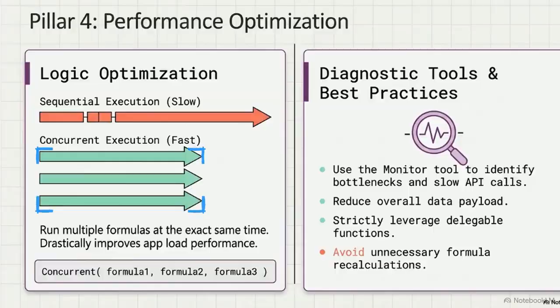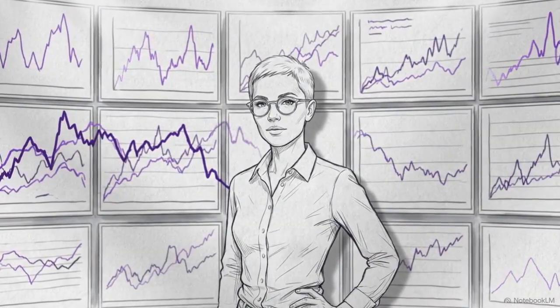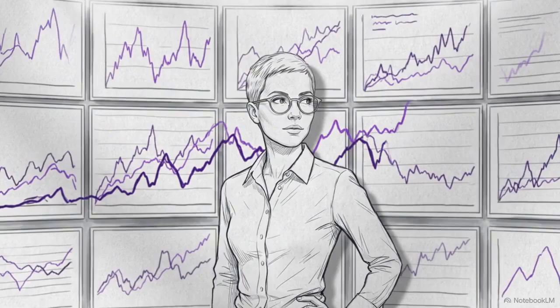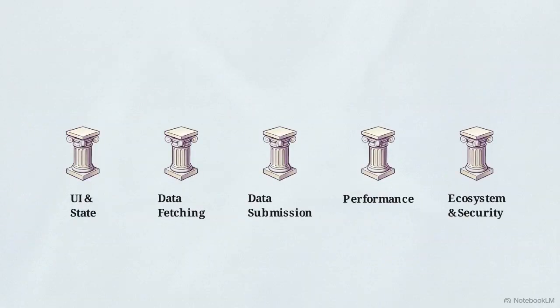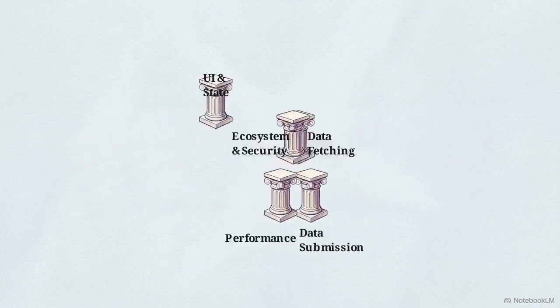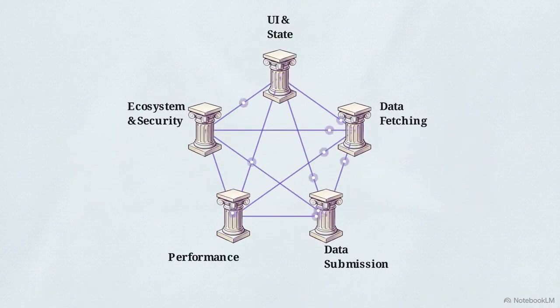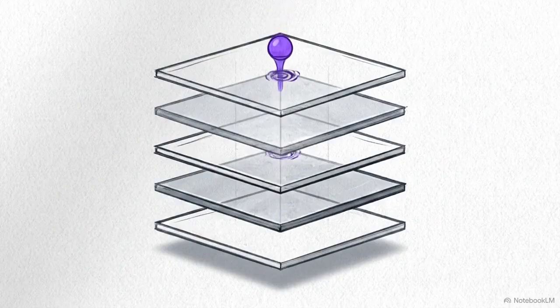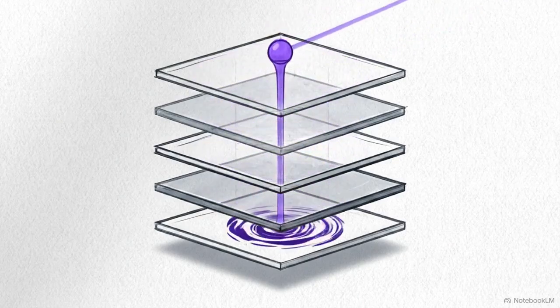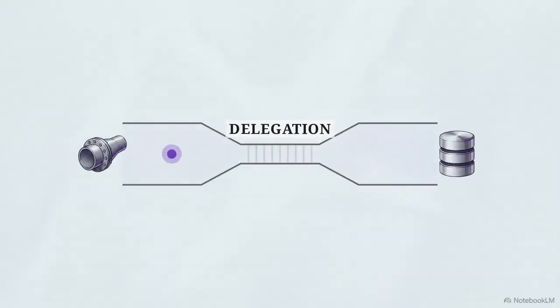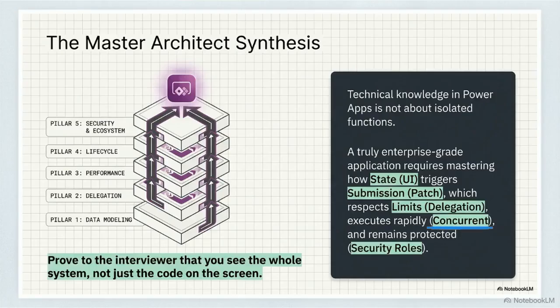heavy data pressure. Up to this point, we've examined isolated technical pillars, but true mastery requires seeing how they all interact within the broader Power Platform ecosystem. Imagine a single user click. You must be able to trace how a change in UI state triggers a submission logic, which then has to safely navigate delegation limits across the network. That same action must utilize concurrent execution for speed, all while remaining strictly governed by Dataverse security roles at the bottom of the stack. This multi-layered visibility is exactly what senior technical interviewers are probing for when they ask open-ended